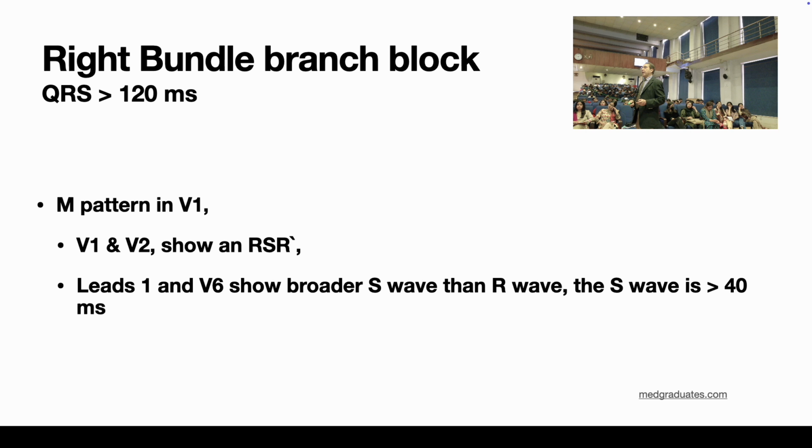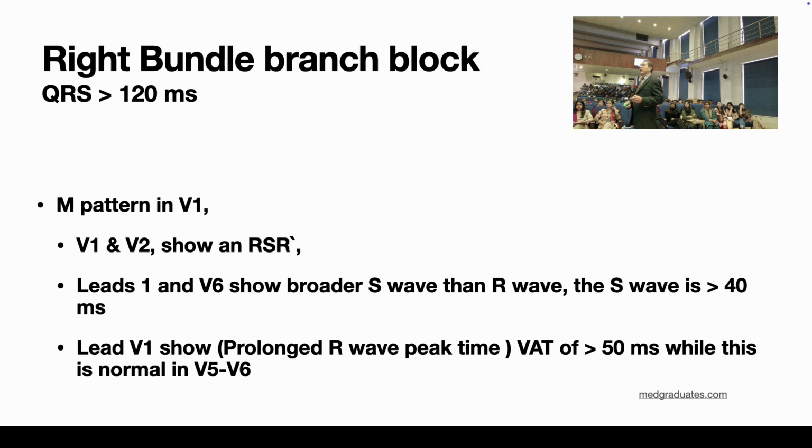Lead 1 and lead V6 show a broader S wave. Now in lead 1 and lead V6, there is a downward complex. S wave is a downward complex. R wave is an upward complex. So lead V1 shows an upward complex, lead V6 shows a downward complex. The S wave is broader than the R wave, and the S wave is usually more than 40 milliseconds. It's quite broad. So see this one, and then lead V1 shows a long R wave peak,